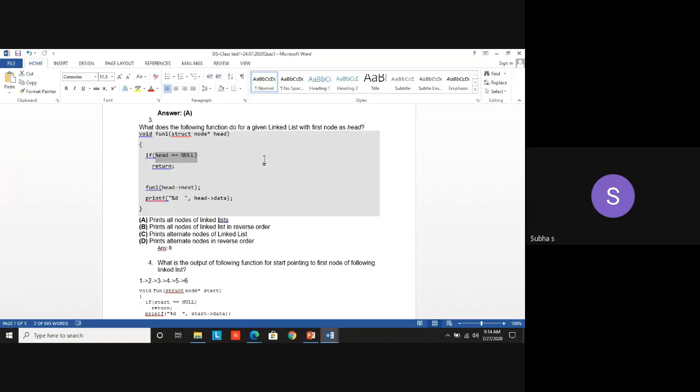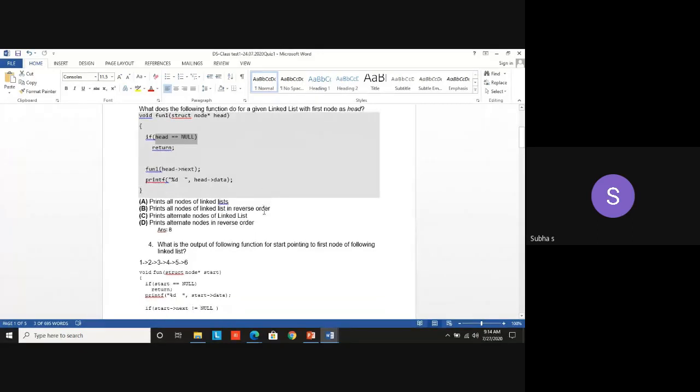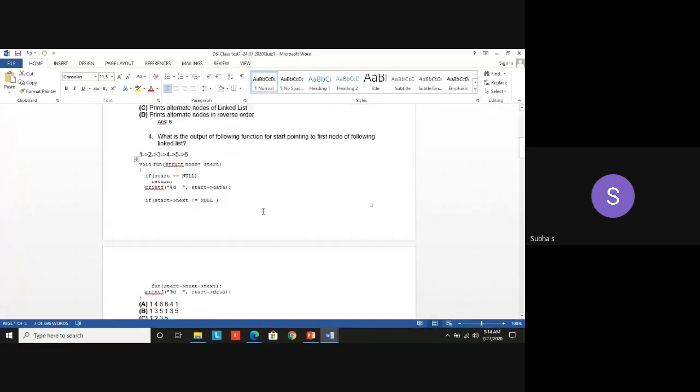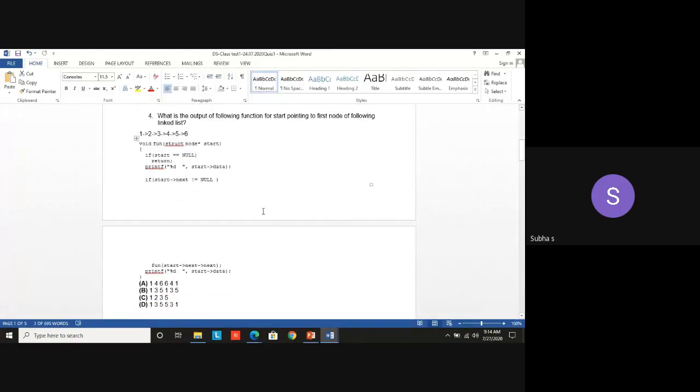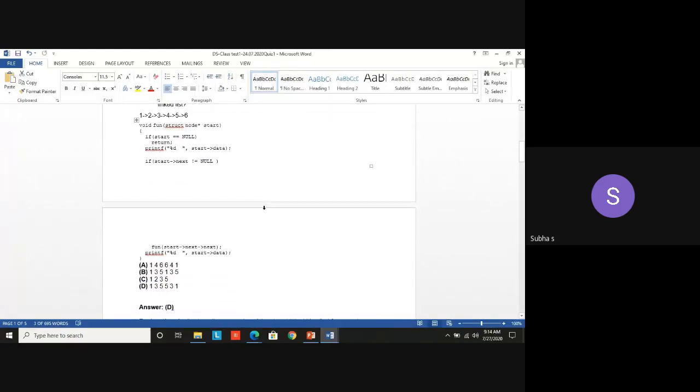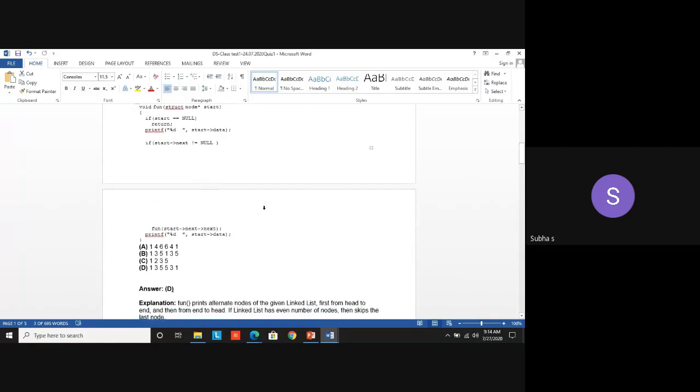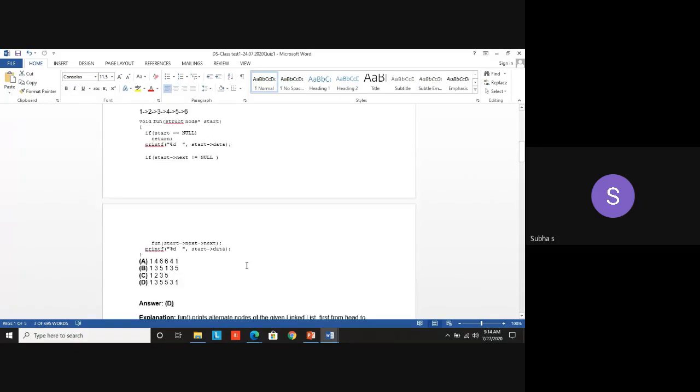So you are going to print the data where the pointer is pointing currently, 3. Then you are moving in the reverse direction. So your answer is printing all the nodes in reverse order. This is the logic for printing all the nodes in reverse order. This one, because all other questions need no revision. These are the important things. I have given the explanation here also.